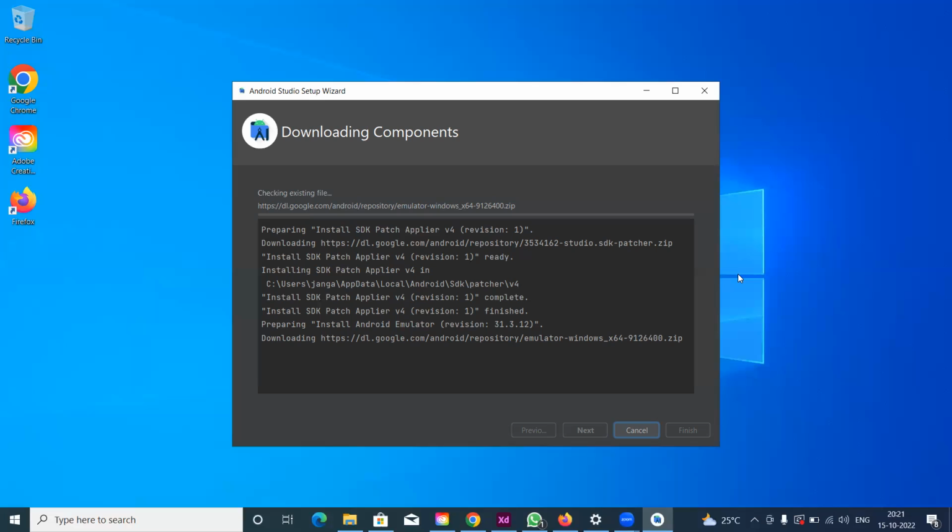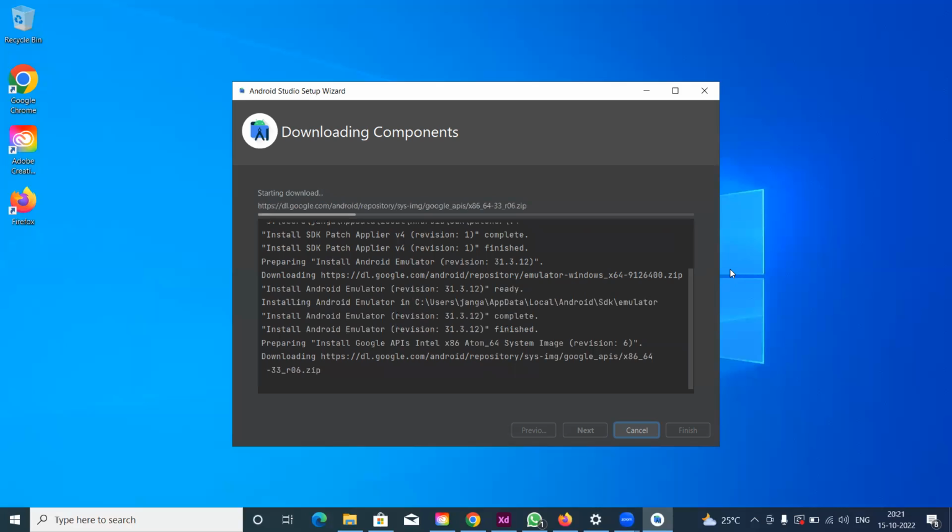So if I create a project, it will open two files by default. One is MainActivity.java, that is a Java file, if I go with Java. If I go with Kotlin, that is MainActivity.kt. KT is nothing but the Kotlin extension. And after that, activity_main.xml will create one more file, that is an XML file. That XML file is what we use for the design. And the Java file is for the